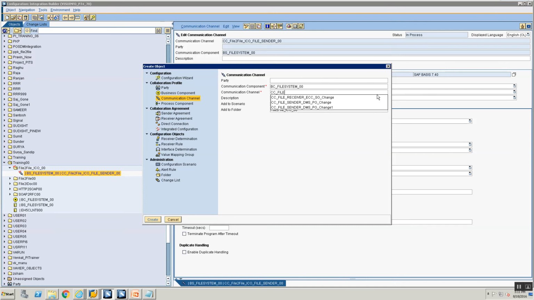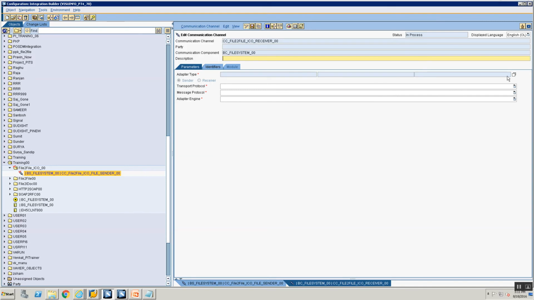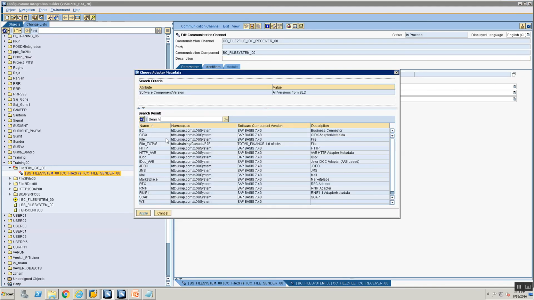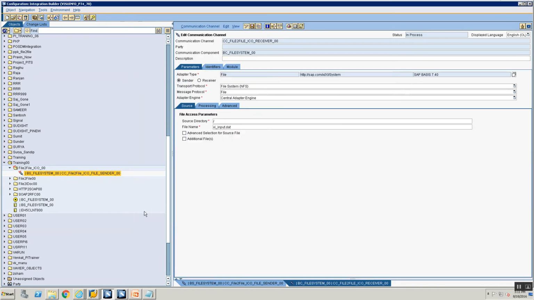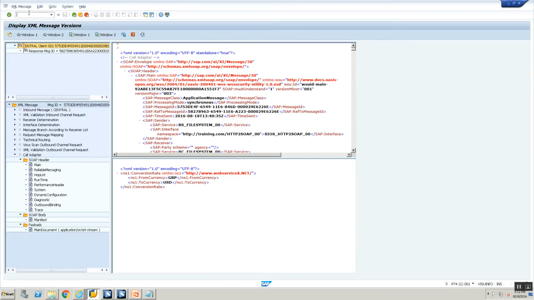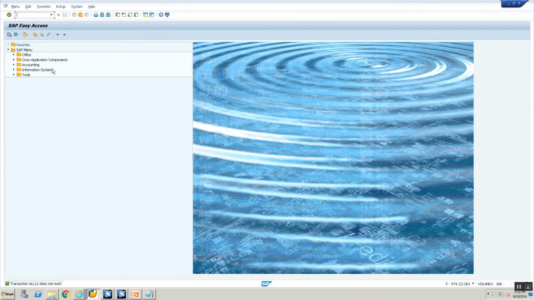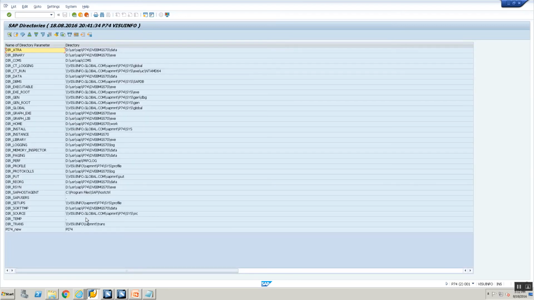Okay, so let's go ahead, file-to-file underscore ICO underscore receiver underscore 00. I'm creating my receiver communication channel. Okay, then I go in here, file. Okay, I change the adapter type as receiver, and I say training. Let's look at the folder again. Sorry, I want to make sure I use the same folder. I don't want to create new folders. Okay, sorry, AL11